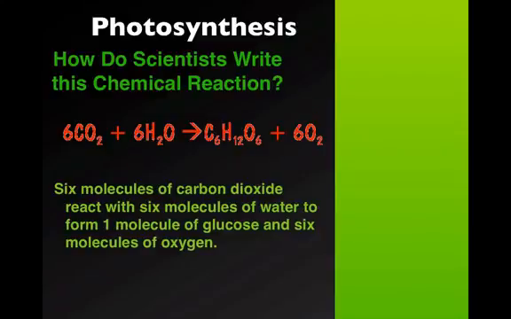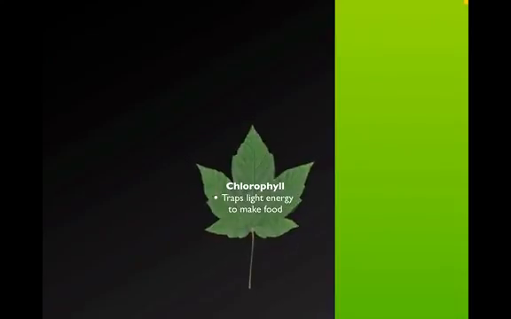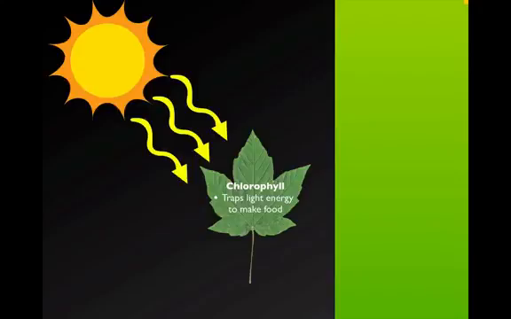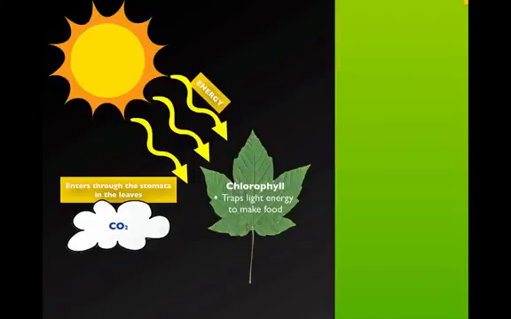So let's take a look at this one more time a little more graphically. Okay, so there's where it all starts. The chlorophyll that traps energy from the sun. So we have the sun, which gives energy to the chlorophyll, and the plant uses that energy to convert carbon dioxide, which enters through the little holes in the leaves that we talked about in that activity in class called the stomata,